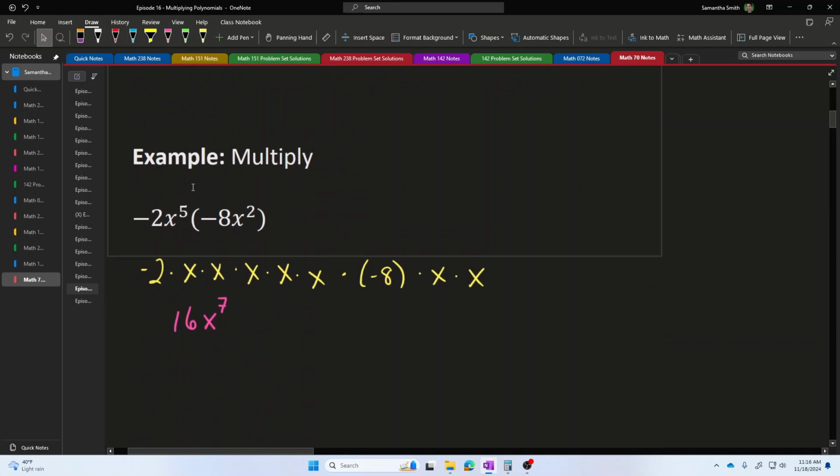That idea showed up in this example as well. Here I had x to the fifth power multiplied by x to the second power. So I had a pile of 5 multiplied x's combined with another pile of 2 multiplied x's, giving me a total of 7 multiplied x's in that pile. X to the power 7, x to the power 5 plus 2.